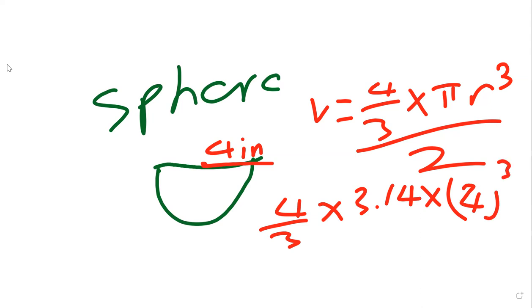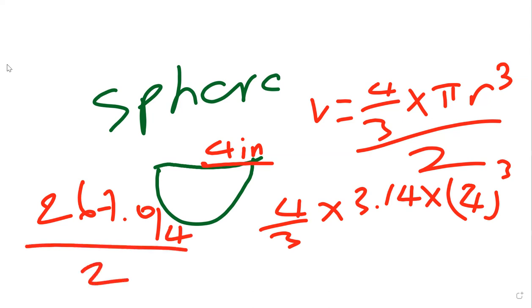Let's see, we'll use our calculator now. 4 divided by 3 times pi times 4 times 4 times 4. That gives us 267 point, let's round this to the nearest tenth, 94, all divided by 2. So 267.94 divided by 2 gives us